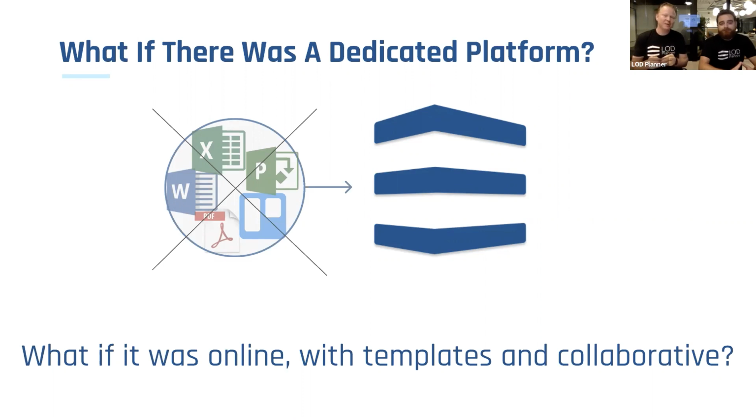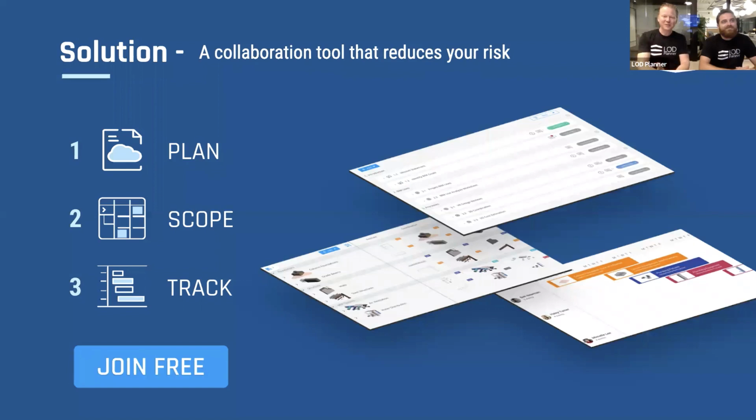Nobody can really agree to something that they don't understand or don't have input in. So in this workflow, it was all about how we can bring more people into the decision-making process and make sure they truly understand what they're signing up to. We want it collaborative not just in the creation stage, but also in the execution stage. The solution we look at is 3 modules: plan, scope, and track. We'll go through a demo of each of those. It is free to join.